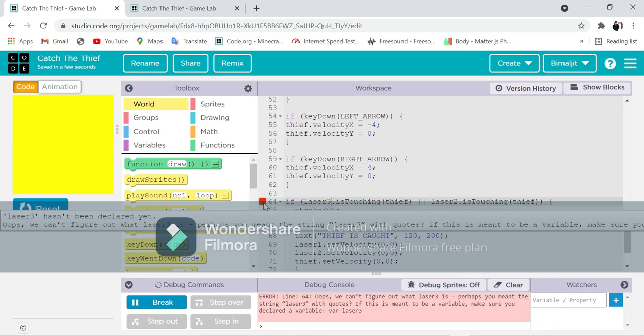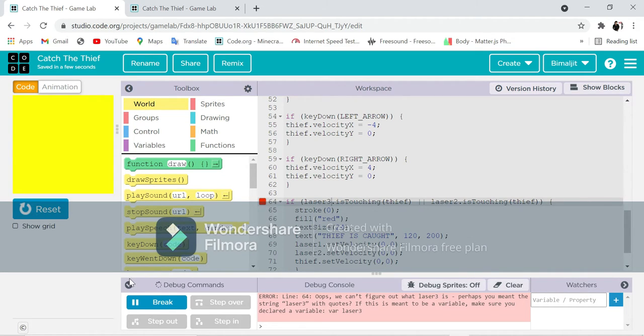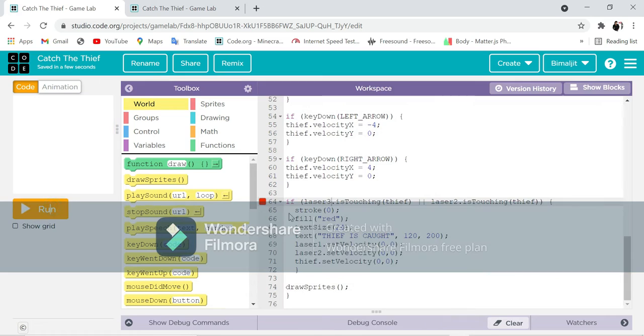When you run, it will turn into a red square. What this means is that when it came to the touching line, it is saying that laser3 isn't declared. So if you have any doubt about what might happen if you write any code wrong, or you feel there is something wrong, all you need to do is check for the yellow triangle or the red square. Then you run, and if the error still comes, you have to look for the error properly and debug it. So now I have written everything.